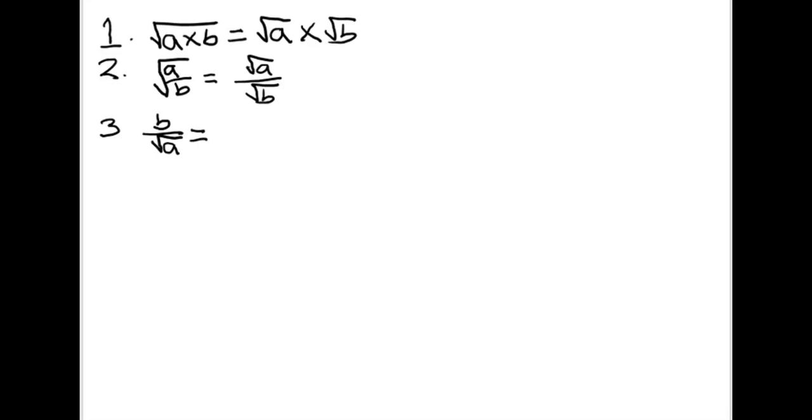We do that by multiplying the surd fraction, the numerator, that's the up number, and the denominator by the denominator itself. So b times root a is b root a, and then root a times root a